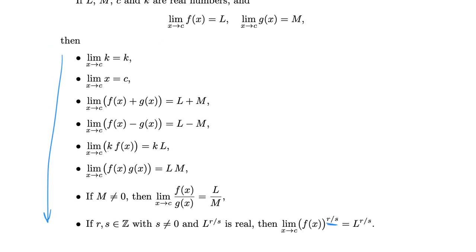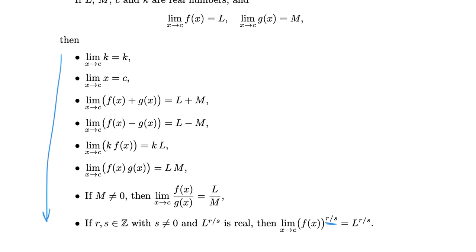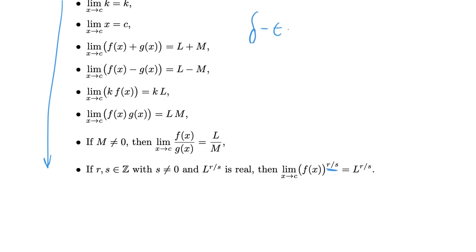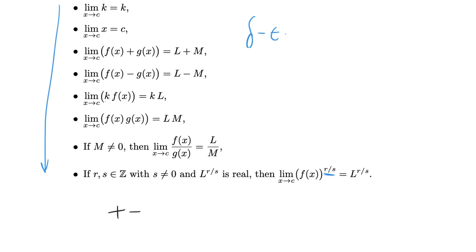So all of these, if you don't get them immediately, it's fine, and you don't really have to know how to prove them because that requires delta epsilon, which isn't required in AP in the first place. But again, all of these are highly intuitive, and you can really take them for granted for a course like AP. Now, a consequence of all these properties is that virtually any function composed of plus, minus, times, divide, or